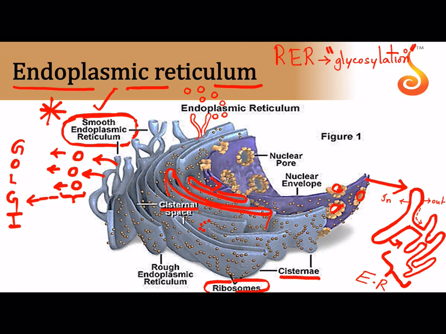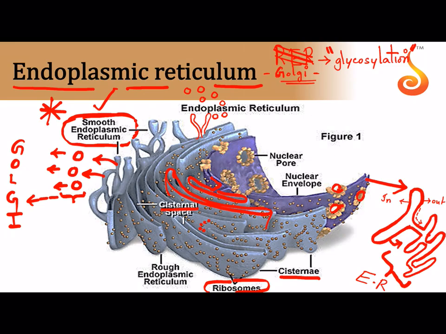So remember, these are sites of glycosylation. Okay, so endoplasmic reticulum, you have to remember that it is mostly involved in... I'm so sorry, the site of glycosylation is not rough endoplasmic reticulum, it is Golgi complex. In the next slide I will discuss this in detail. For now, forget this point.